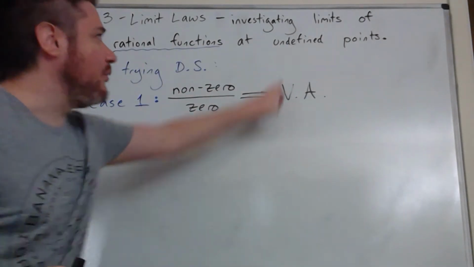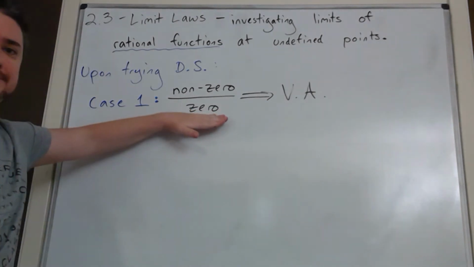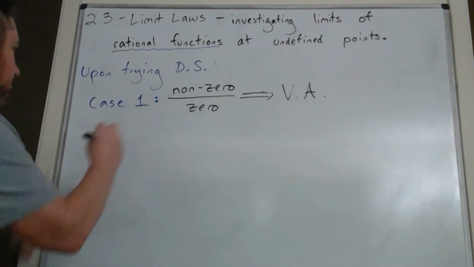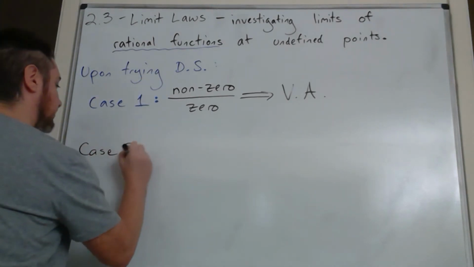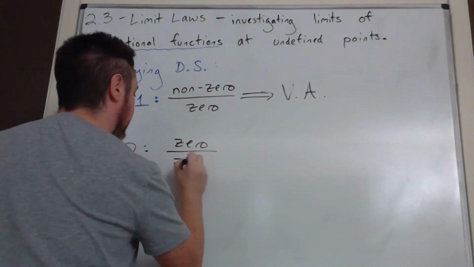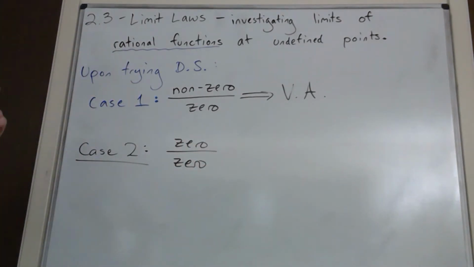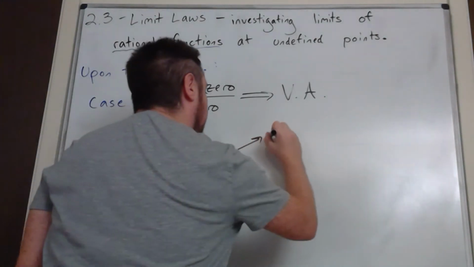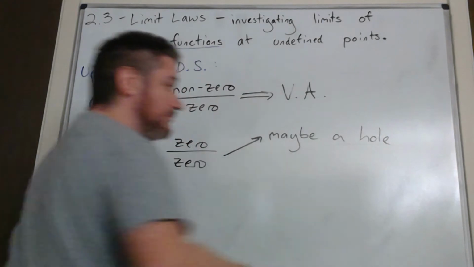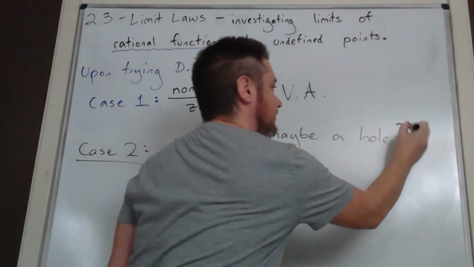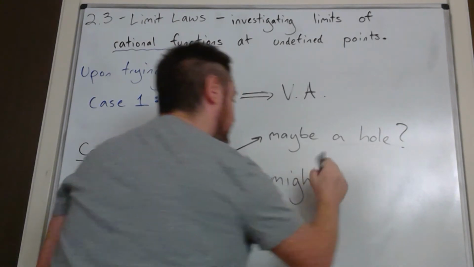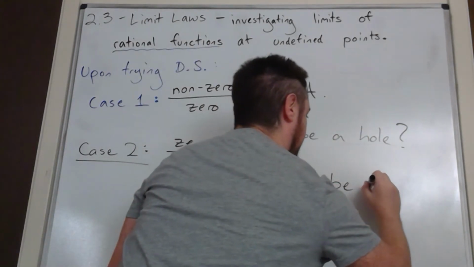For undefined points for rational functions, they're only undefined when the bottom is 0, regardless of what's going on up top. So non-zero over 0 was case 1. Case 2 is if we get 0 over 0. Okay? Two results here. Might be a hole, maybe a hole, or maybe a hole if you want to separate those. There might be a hole, or there still could be, maybe, might be, a vertical